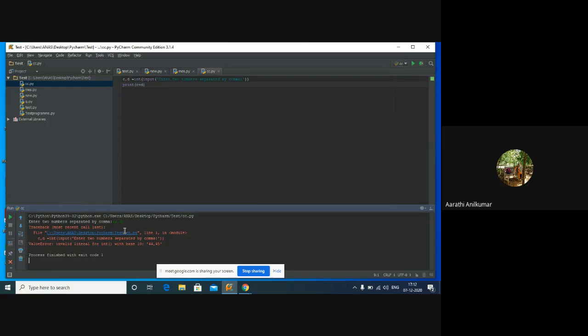Sorry, sir. When I entered number, I also got an error. Where you got the correct answer? No, sir. Before entering the number, I got this enter two numbers separated. I thought that was the mistake. Okay. Anyway, in the 3.2 version, there was an option for accepting the values separated by a comma. That I have tried actually. Okay. So anyway, these are the methods for accepting